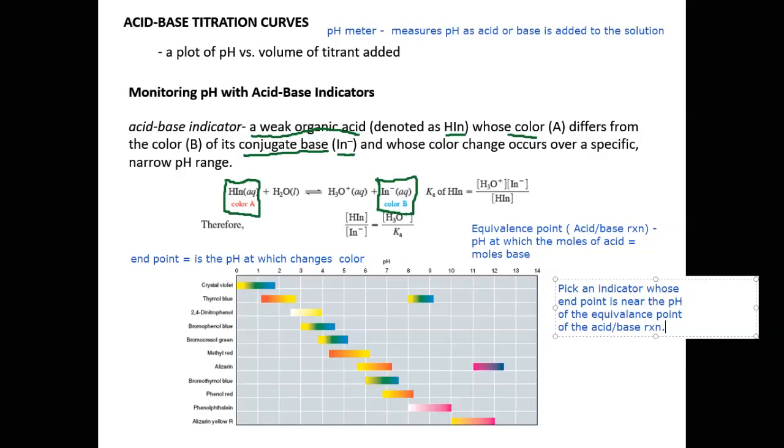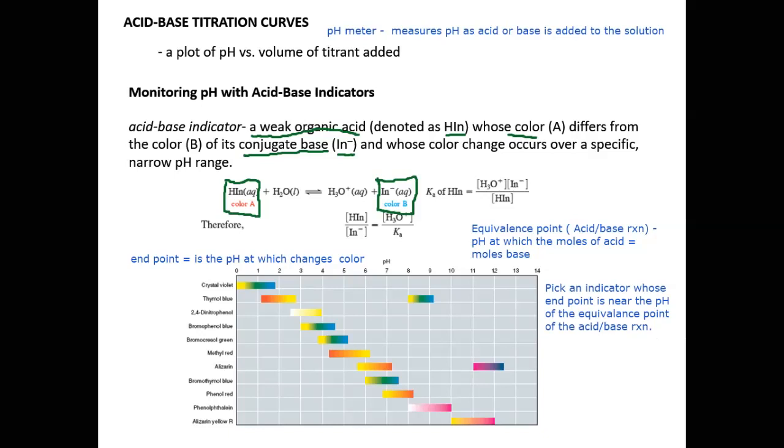So when you look at indicators, you want to see, okay, where does it change color? And then you want to look at your acid-base reaction. Where will the equivalence point be? And you want to pick an indicator that changes color at around the same pH as your equivalence point. So some common ones, for example: